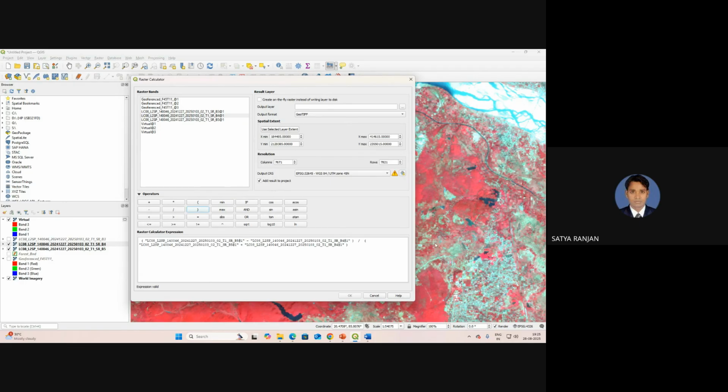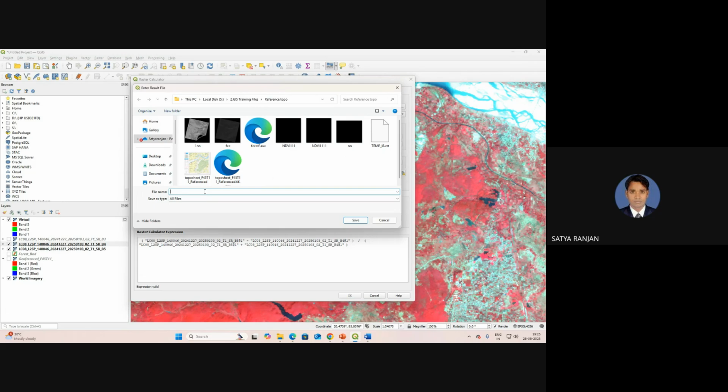This is our formula. So this file is infrared file. We can change the name as infrared, but now it takes time. So infrared minus red divided by infrared plus red. So just save it in output